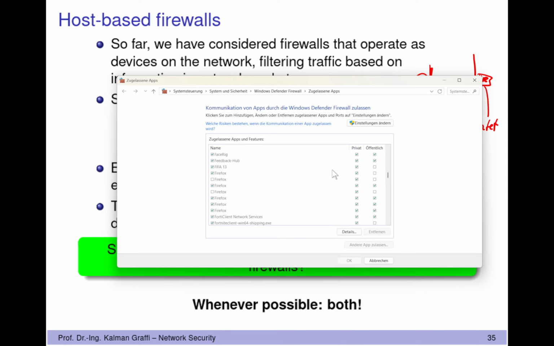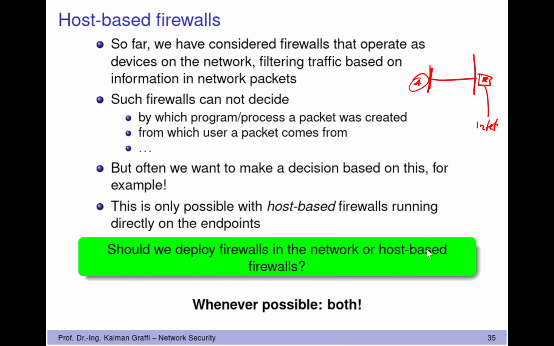For example, whether this game, It Takes Two, is allowed to communicate in private and public networks. So you can specify which traffic is always permitted or partially permitted on specific networks. And then you have a firewall at this host A,